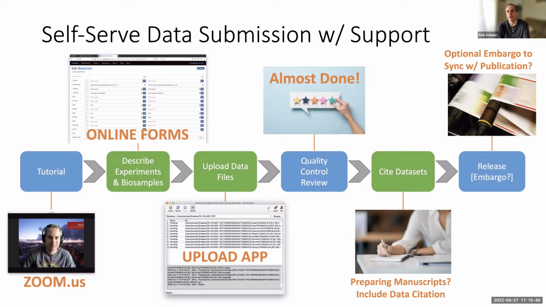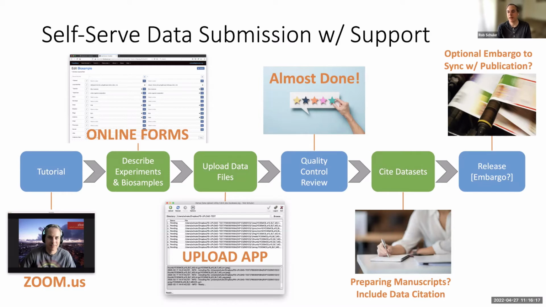And then you'll notice I have a box in there for cite the data set. So a lot of times data are contributed in the course of preparing a manuscript. And we would encourage you, again, per the leading publishers' guidelines as well, to include official references to your data sets. And so we provide those digital object identifiers and the recommendations and examples on how to cite your data. So we give you those examples, and so we encourage you to cite your own data sets in your manuscripts